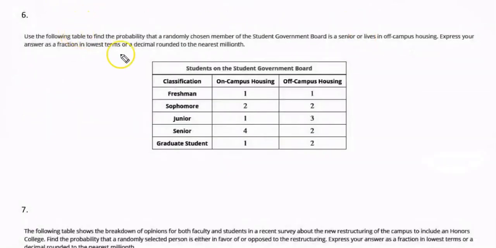In example 6, we have a table, and it's asking us to find the probability that a randomly chosen member of the Student Council Board is a senior or someone who lives off campus housing. Express your fraction in lowest terms or rounded to the nearest millionth. Okay,